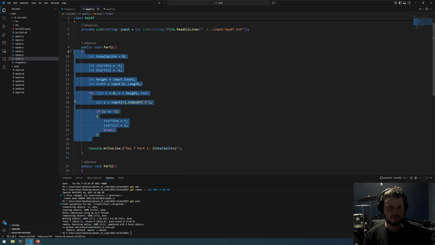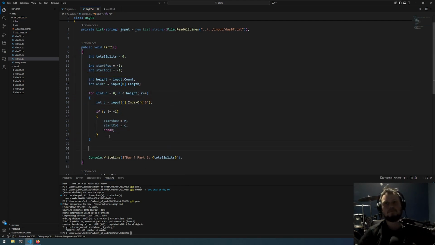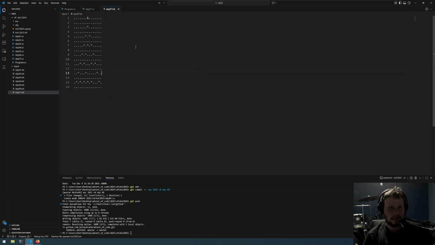Okay, so we've got our initial setup. So we now know where we are within it. So when we look at it as this, we start on a row, and so there's nothing, nothing, nothing, nothing, nothing, nothing. When we get to here, there is the beam, nothing, nothing, nothing. It would go down, there'll be no beams up to here, get to here, and it would turn this into